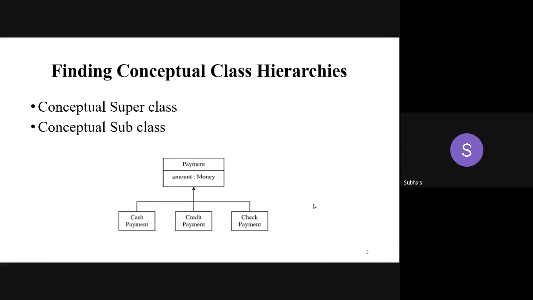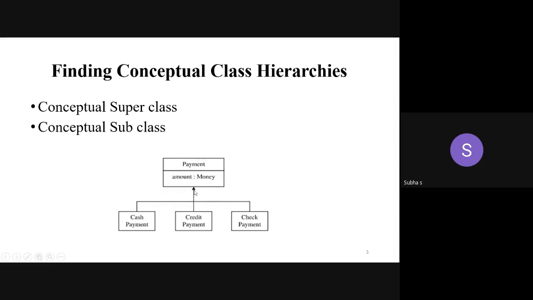So this is the conceptual class hierarchy. If a class can be divided into further classes, you have to make the hierarchy. Normally, hierarchy means what? Grandfather. From grandfather, you are having father. From father, son, daughter, like that. From son, grandson, then great grandson, like that you are moving. In the downward arrow, normally we are representing a general hierarchical representation.